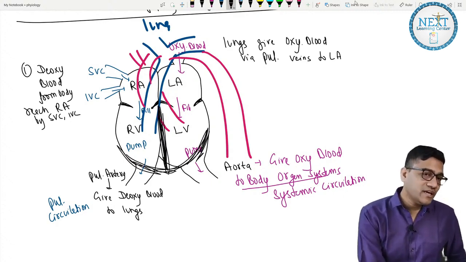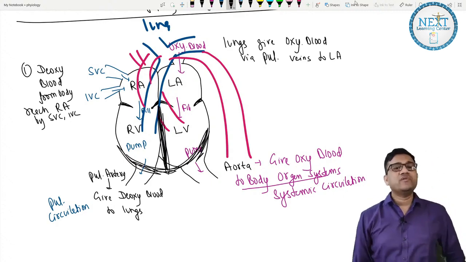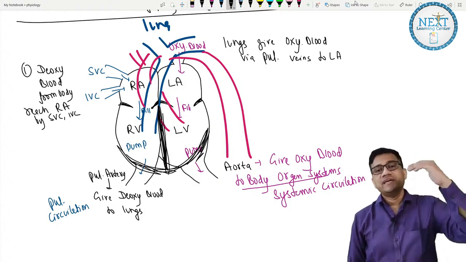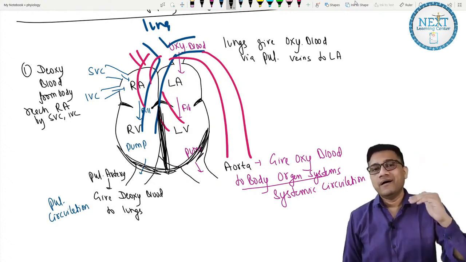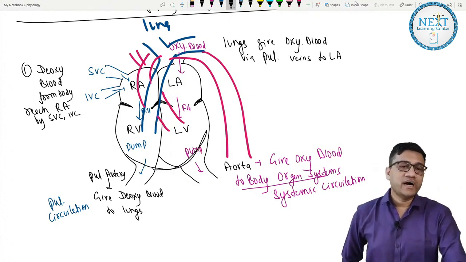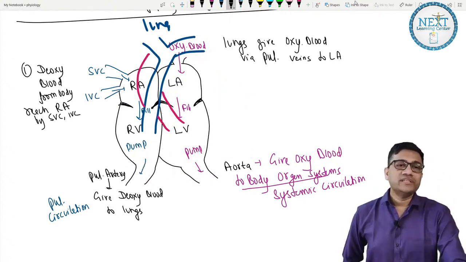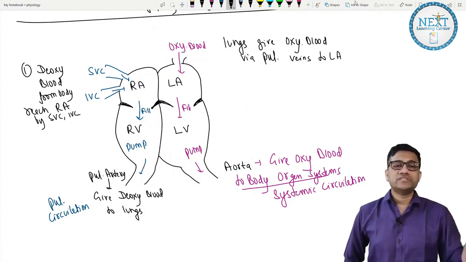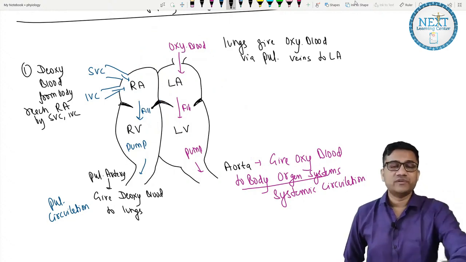The opening is here and here, okay? So that is why the mitral valve is technically placed there, and the aortic valve is placed at the aorta, okay? So that is what the anatomical heart looks like. But I don't need this. Why? Because we need to understand the function, not the anatomy part. So I'll just make this diagram, more than sufficient.